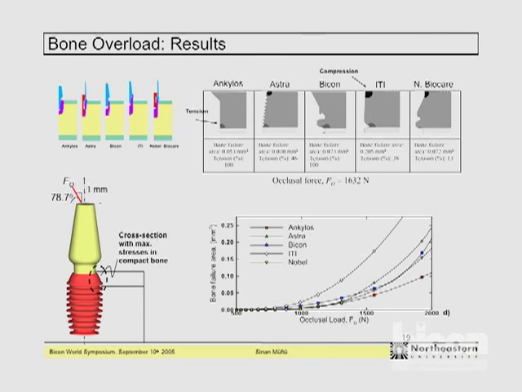Now, actually, let's go back here. I'm just going to say something. Now, for a very high occlusal load of 1,632 newtons, it's 162 kilograms roughly, we find that this system, Ankylos and Bicon, have a failure area marked by this little off-mark color, and that failure happens due to tension. So this area is in tension, this area is in tension. So are these. The other implant systems, in addition to that, have failure at the